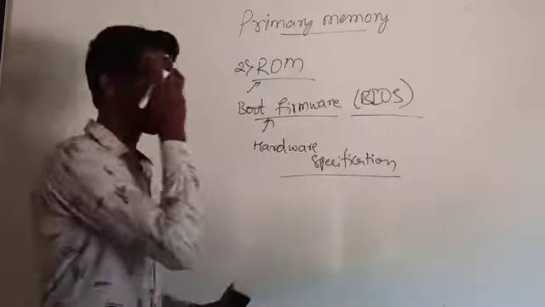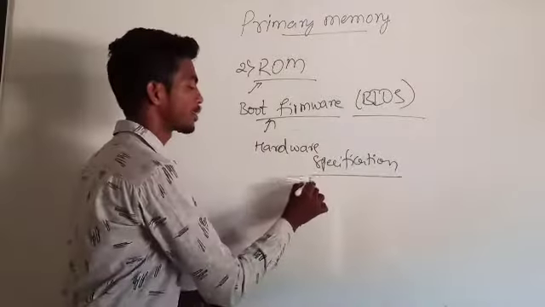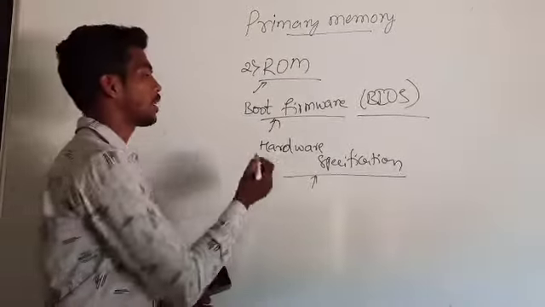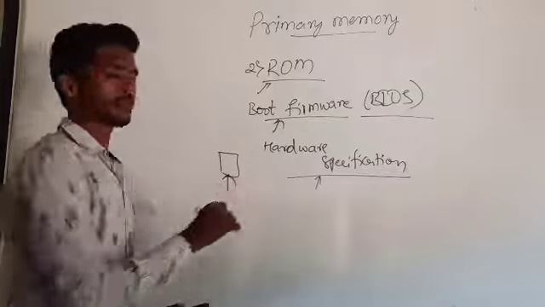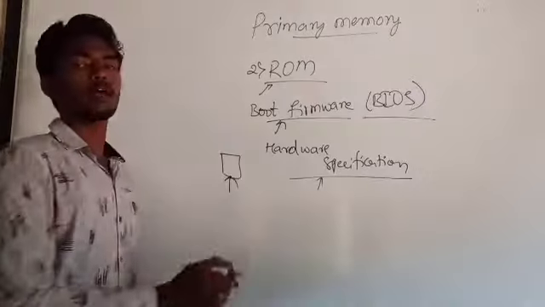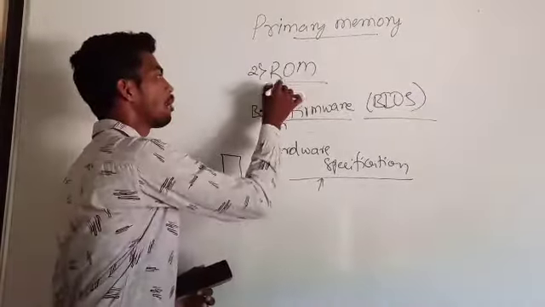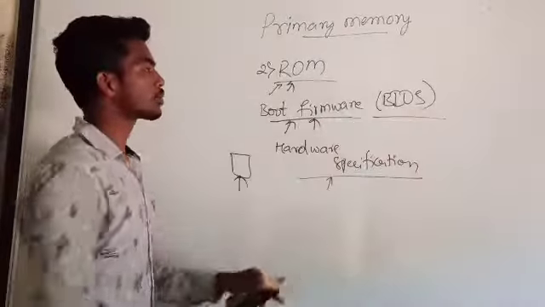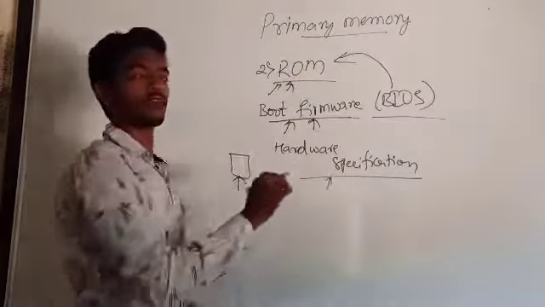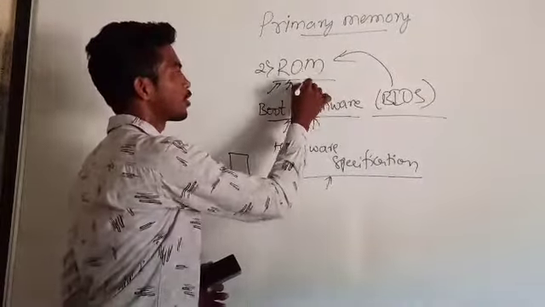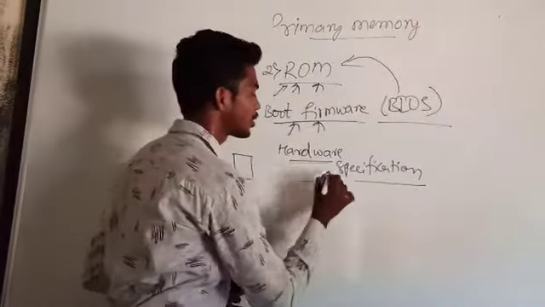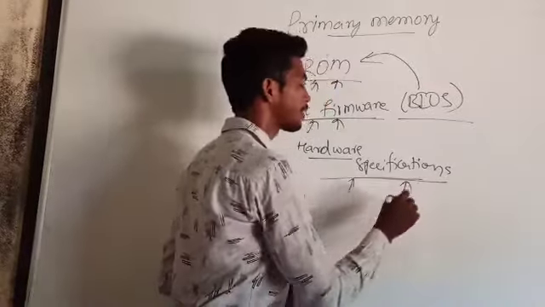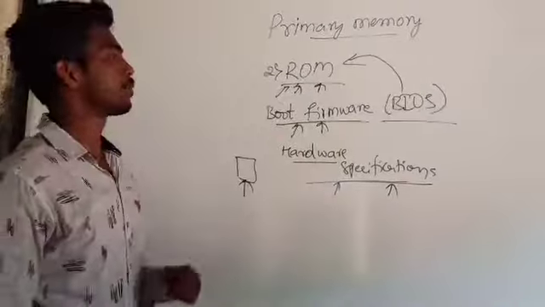The ROM is mainly useful to tell the user about the hardware specifications, and whether the available hardware connected to the computer system meets the requirements or not. This is done by the ROM, and it is mainly called the process of boot firmware. It is also called the BIOS. The BIOS is loaded into the ROM whenever the computer starts. The BIOS runs and tells the user about the hardware specifications needed for the current computer. That's the main thing about the ROM.